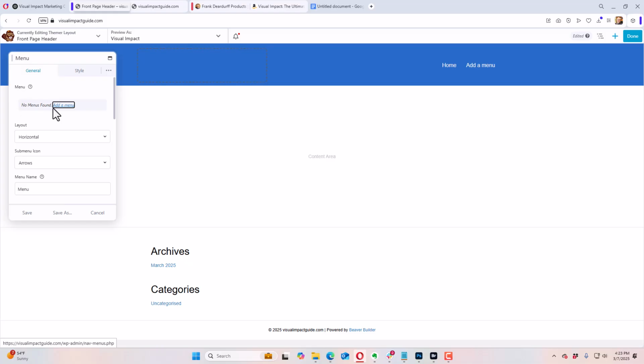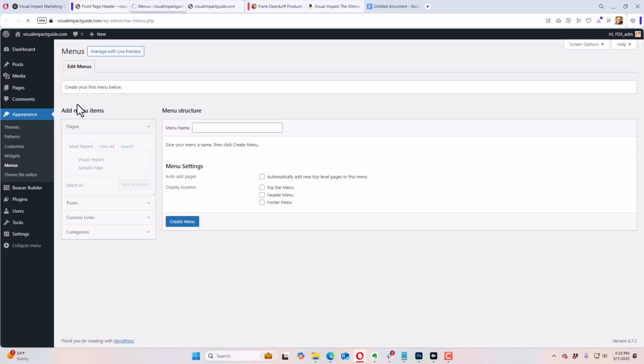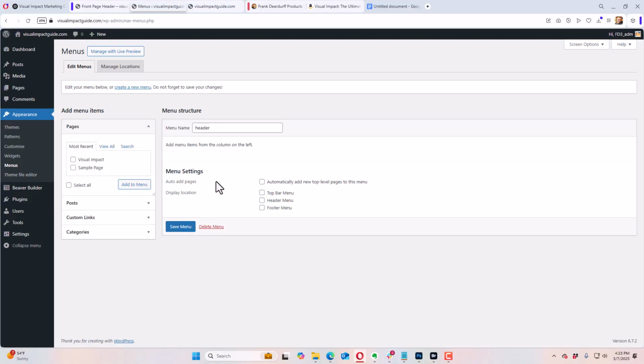So let's see, no menus found, add a menu. It's going to take us to the menu page. So we're going to create a menu name header, and we want to add, so it's create menu, and we're going to add